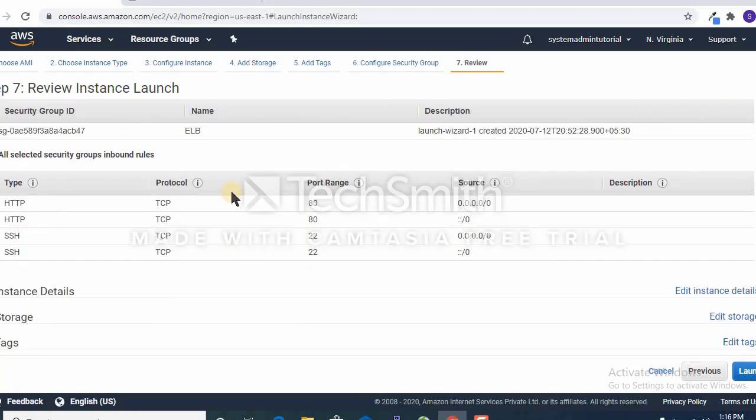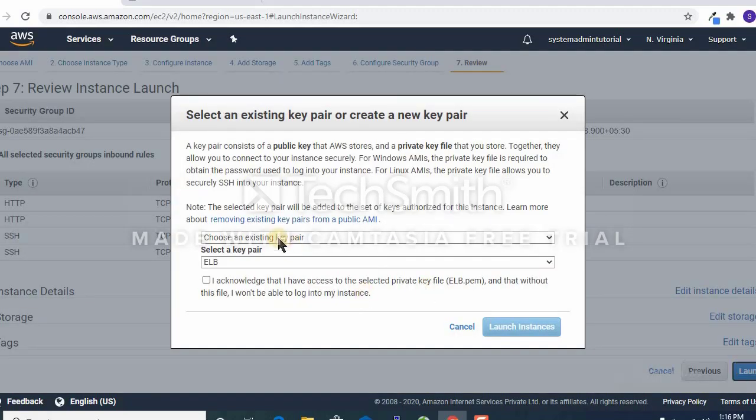Everything, SSH and HTTP, is allowed. Click on launch. It is asking for the key pair. I have already downloaded the key pair, so I have the existing key pair, ELB, and I acknowledge that I will use it while connecting to our instance. Click on launch instance.